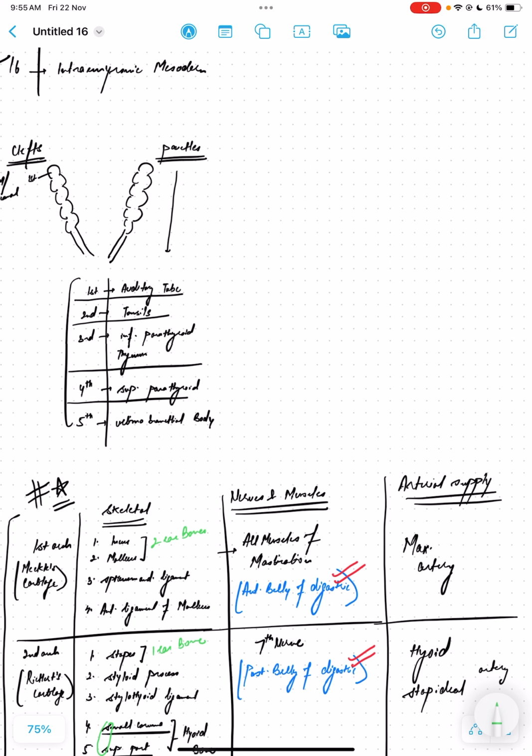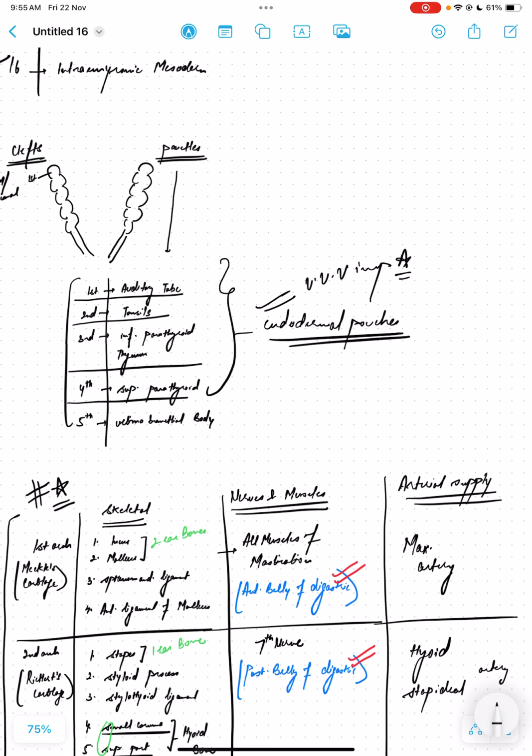What are formed from the endodermal pouches? These are the derivatives of endodermal pouches. This is also very important. From the first we get the auditory tube, from the second we get the tonsil, from the third we get the thymus and the inferior parathyroid, from the fourth we get the superior parathyroid, and the fifth is the ultimobranchial body. Okay,